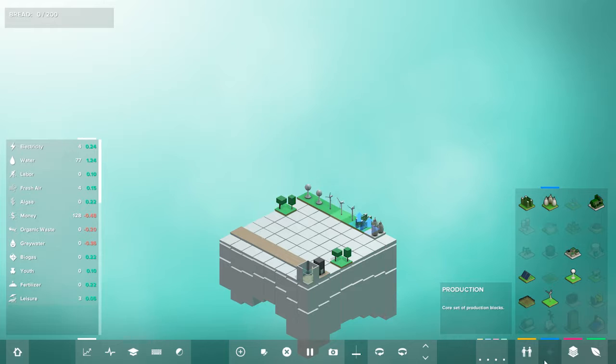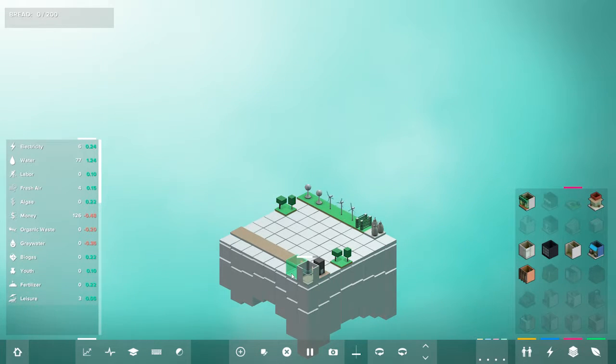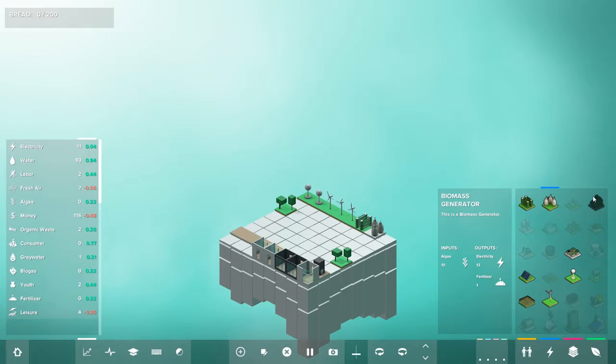So now we have those built. We'll have a surplus of other things, so we can throw down apartments just to get a higher production of those. And let's throw a small apartment after that. I don't know if it really makes much of a difference switching them up like that, but that is what we're going to do. So we're creating electricity, but we also could use a biomass generator if we could get enough algae. But it doesn't look like right now we're going to be able to,